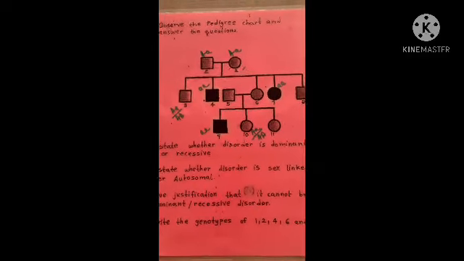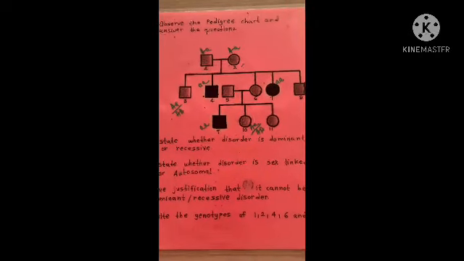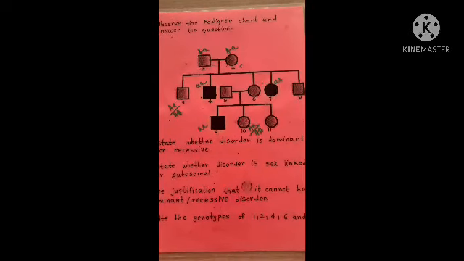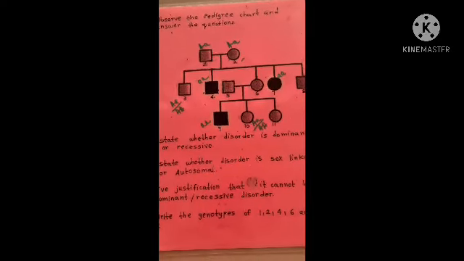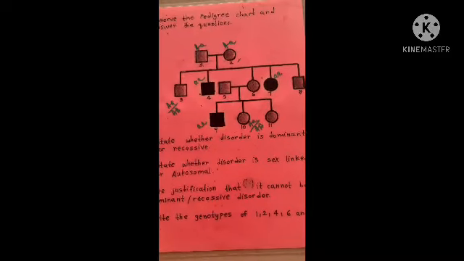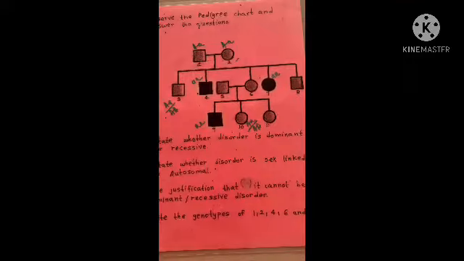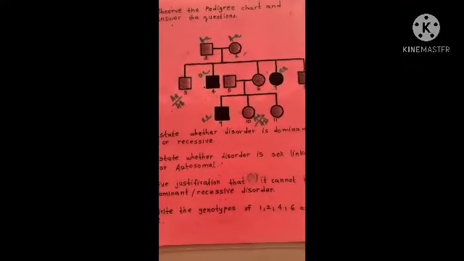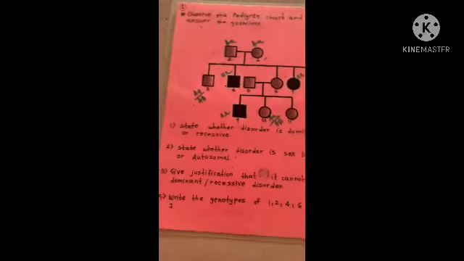That is the first thing. The second condition is that if it is an X sex linked disorder, in that condition there is no possibility that the male will be a carrier of the disease. Either the male will be normal or the male will be diseased. There is no possibility of a carrier male if the defective gene is present on the X sex chromosome. Is that clear? So these two things you need to know, and all the other possibilities you are already aware of.